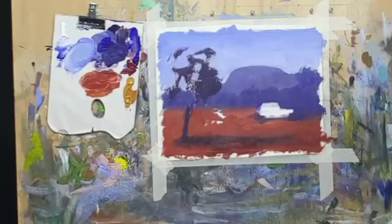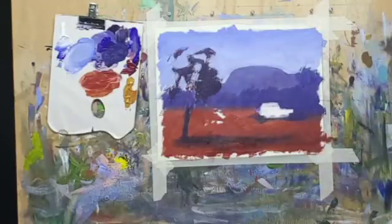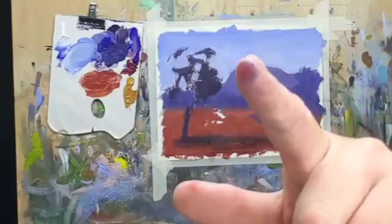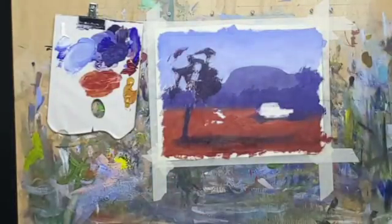So the thing with acrylics is, after you've done your blocking, that's when you go and have lunch or go out and do your shopping. Then you come back half an hour to an hour later, and it's ready for you to tackle the next step. If you try and work into it while it's tacky, like it's still coming off my finger there, then it's no good with acrylics. So I've got it to a certain point, and